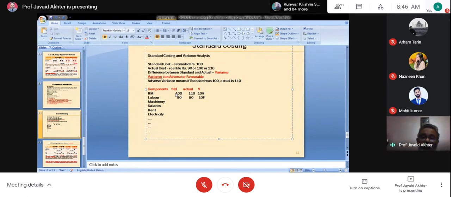And at the end of day, the total standard and total actual will give total variance, either A or F. Instead of having it for that long, the entire cost may be divided into some important components. Could be raw material, could be labor, and all the rest could be divided as overheads. In whatever components we decide, I will explain to you in subsequent classes how we go about doing it.